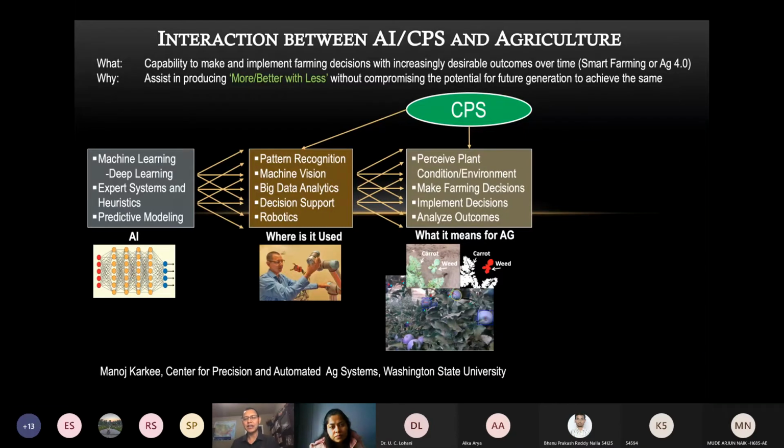How does that action change the field or the crops or anything that we're doing in the